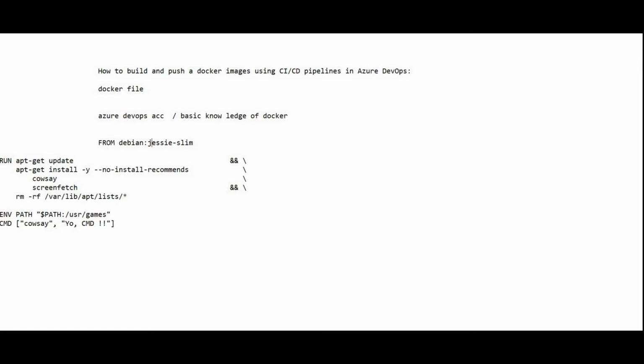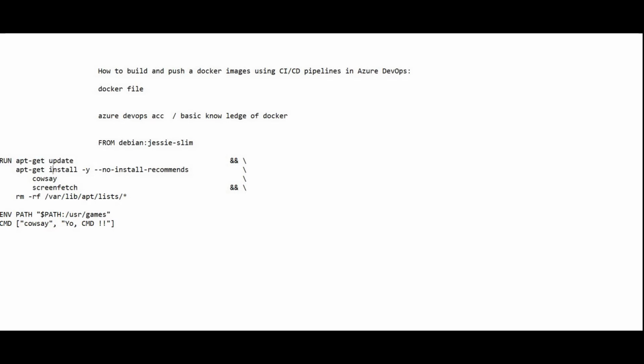Then comes a RUN command. Run command is used if you want to run any generic command like apt-get update. Apt-get is basically used in Ubuntu systems. If you want to install anything, and if you are using CentOS or RHEL, these are basically Linux distributions, then you can use run yum install httpd. Any software, any package that you need to install, you need to specify here after RUN.